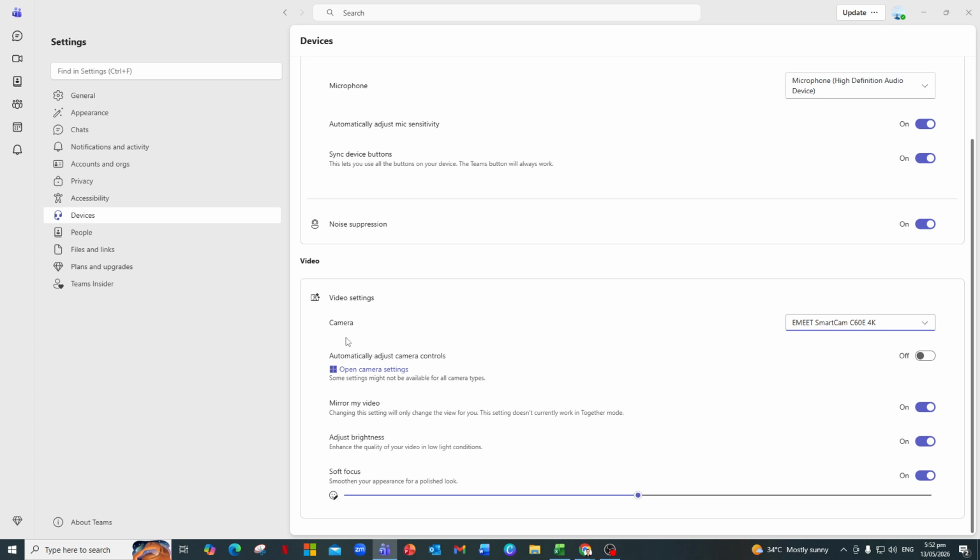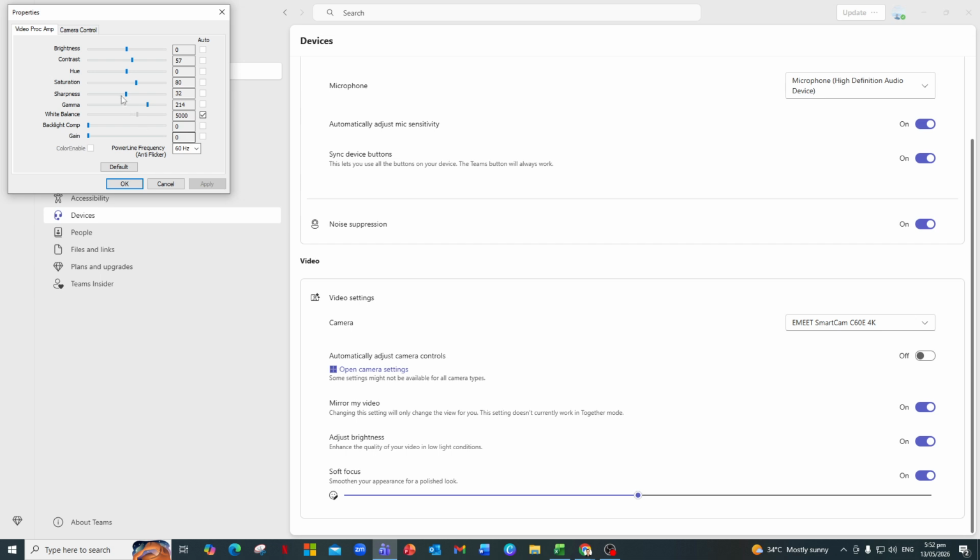Below the camera selection, you should see a live preview of your video. Take a moment to check how you look in the frame. This is a good time to adjust your position, your lighting, or your background in your physical space. Simple changes, like facing a window or adding a lamp in front of you, can really improve how clear and